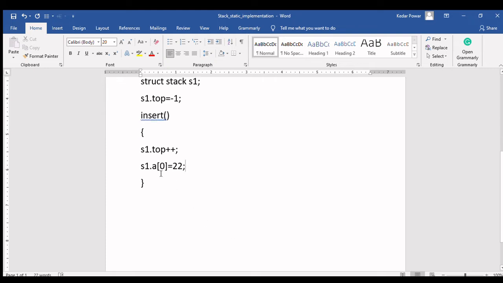Here I have directly written 0, but here you have to write top because I am going to insert the element at the top index. Top stores the index, but you cannot directly say top only, write s1 dot top. So store the new element at the top location.